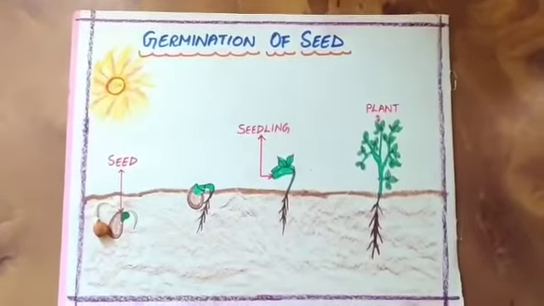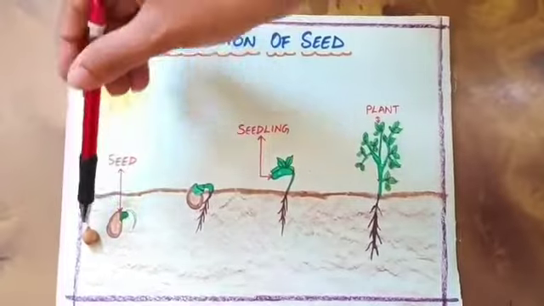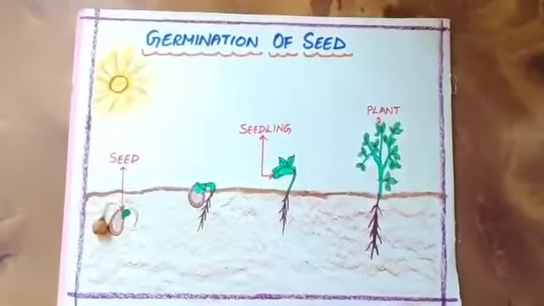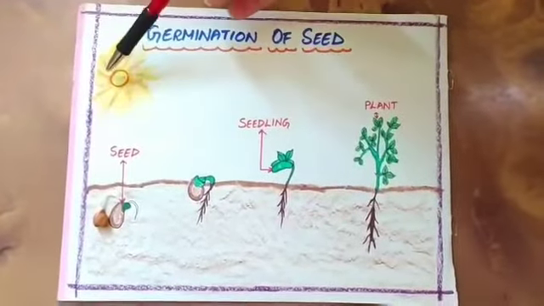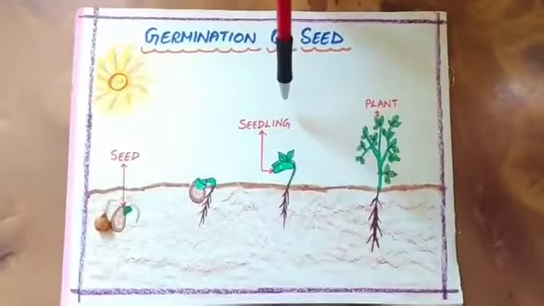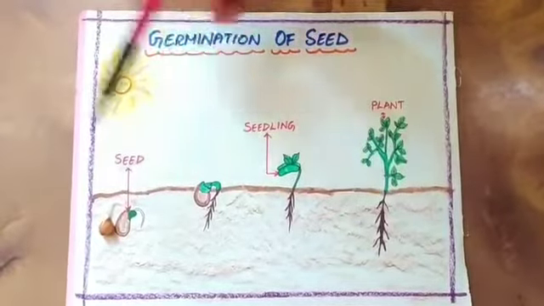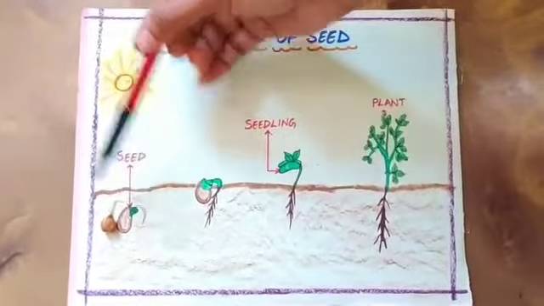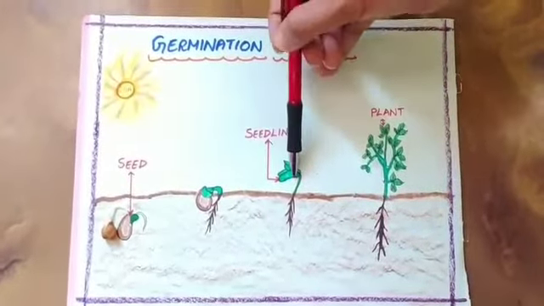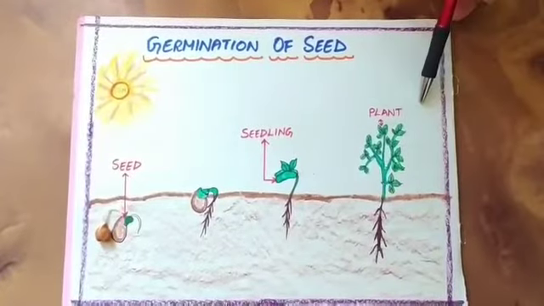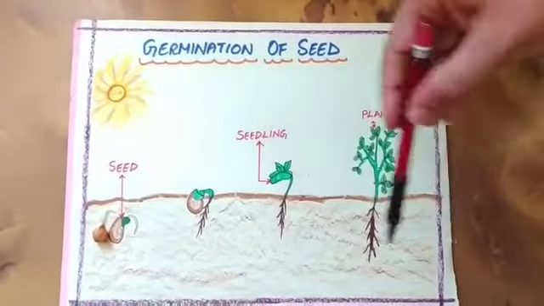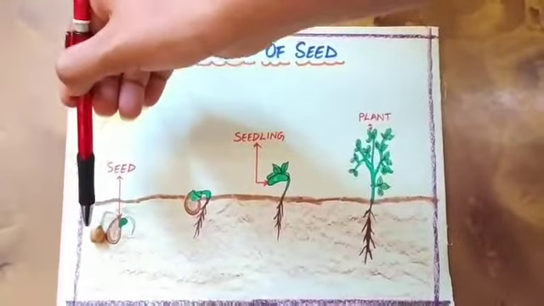To explain the germination of the seed, I have made a chart for you that represents the germination of the seeds. You can see an original seed here, from which an embryo is coming out. This type of seed we sow in the soil. In conditions like an appropriate amount of sunlight, water from the soil and air from the atmosphere, when all these things are absorbed by the seed, it will grow into a small seedling and then grow into a large plant. In this way, germination means the growth of a new plant with the help of the baby plant which is present inside the soil.